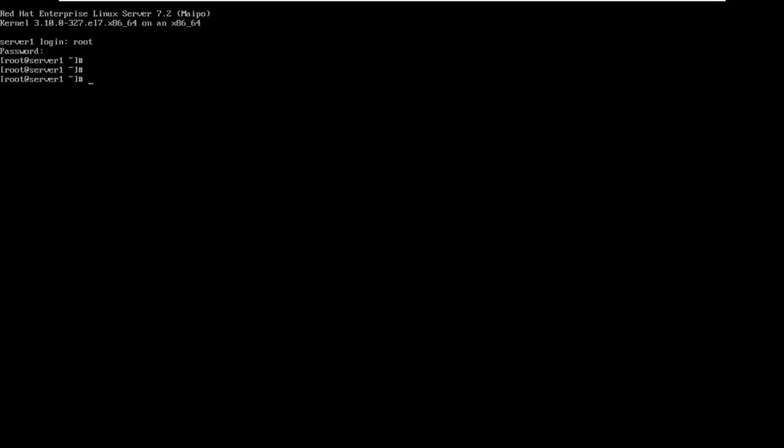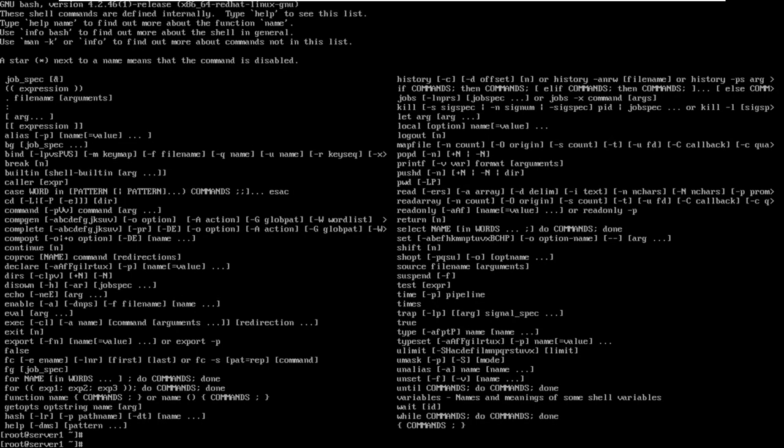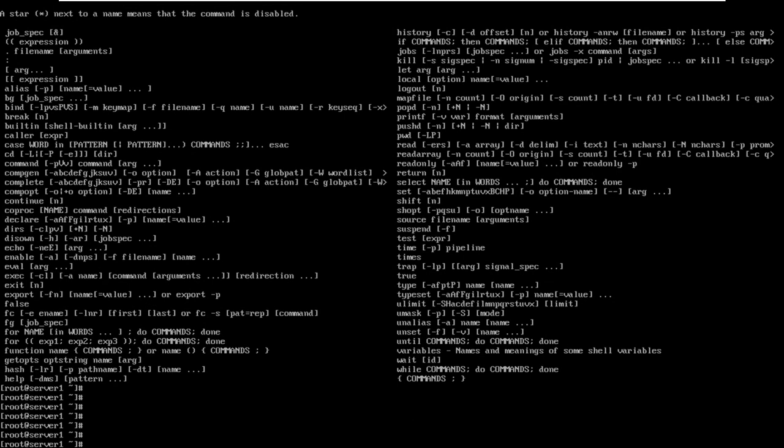What you can do, if you don't know something, is type help, you say I need help, and you will get help like this. If you understand this, then you can do anything, and if you don't understand, then you have to learn command line. You have to learn the commands of Linux, and how to manage Linux from the command line. If you don't know, then just get out from here by pressing reboot, and it will reboot.